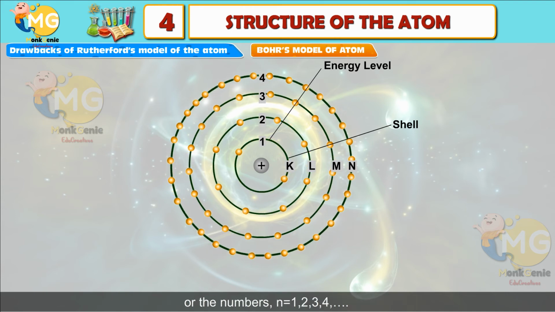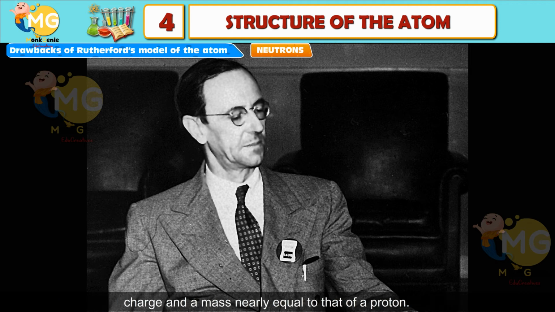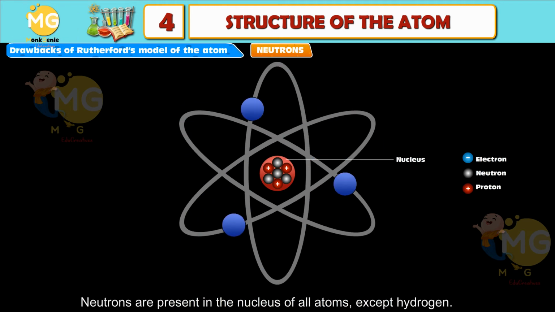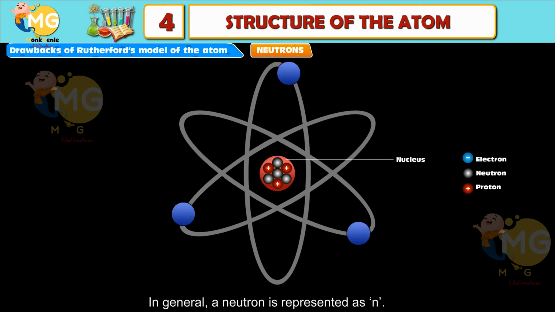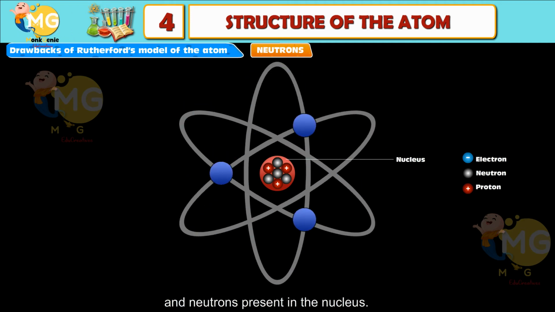2, 3, 4. Neutrons. In 1932, J. Chadwick discovered another subatomic particle which had no charge and a mass nearly equal to that of a proton. It was eventually named as neutron. Neutrons are present in the nucleus of all atoms except hydrogen. In general, a neutron is represented as n. The mass of an atom is therefore given by the sum of the masses of protons and neutrons present in